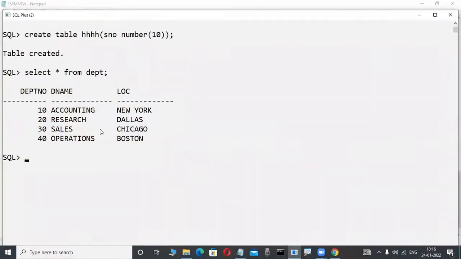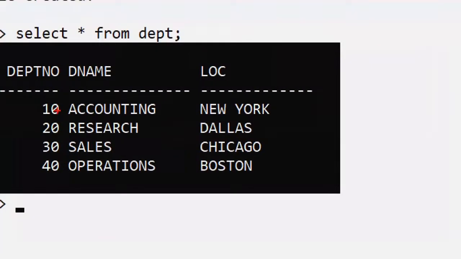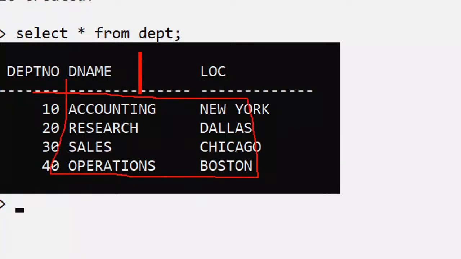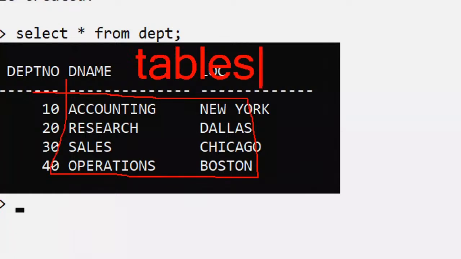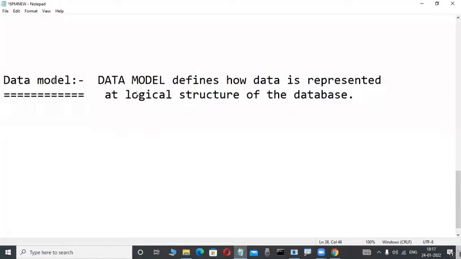From 1970 onwards, data is represented at the logical structure in the relational data model. Relational data model means data is represented in the format of a matrix. Matrix means rows and columns. Nowadays, that is also called two-dimensional tables. But before 1970, this data model was not there. Hierarchical data model, network data model and some other data models were there. IMS and IDMS software were there in those days. But nowadays, observe here,